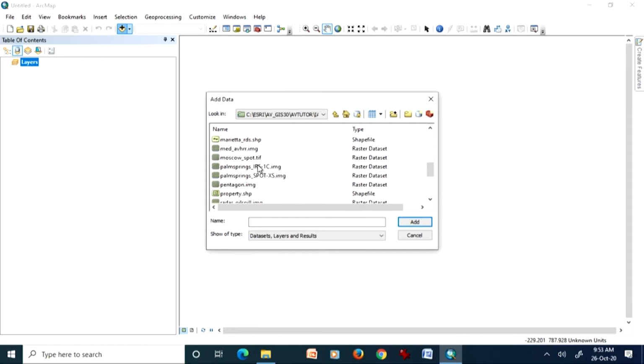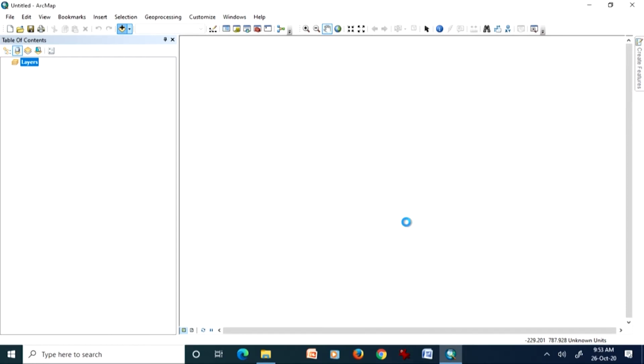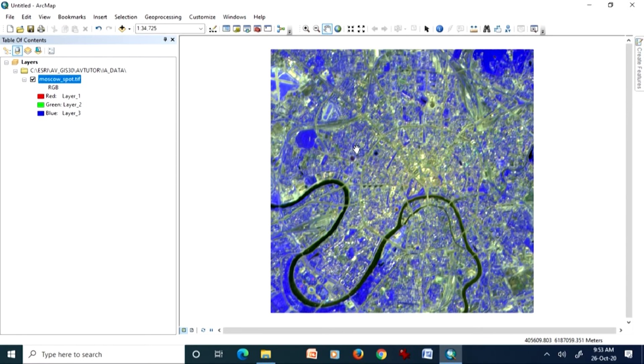I am taking this Moscow spot image, and I add this image. Once the image is added to our view, as you can see, though I was mentioning that vegetation should appear in red color, here it is appearing in blue color, because the system is automatically